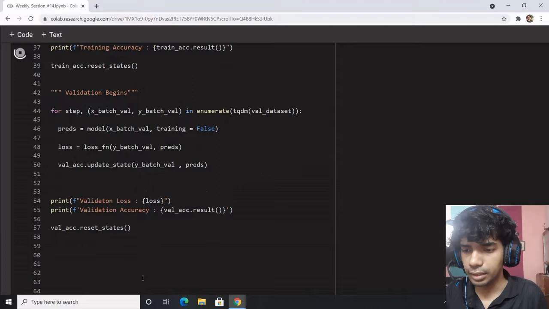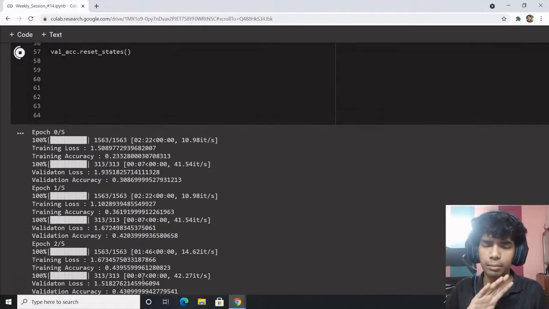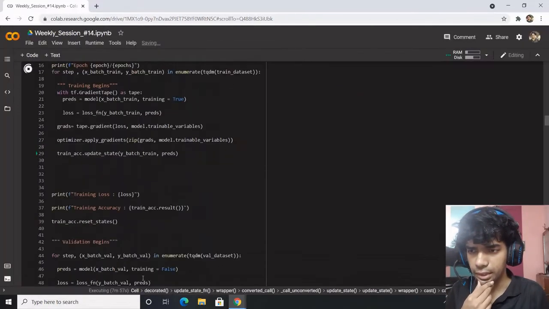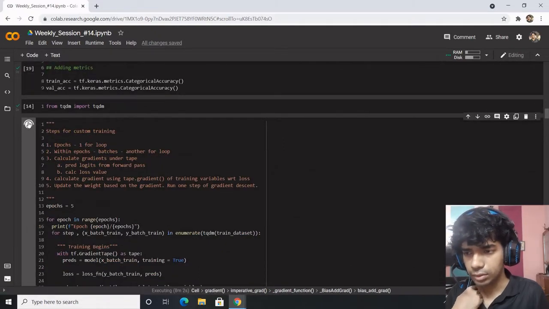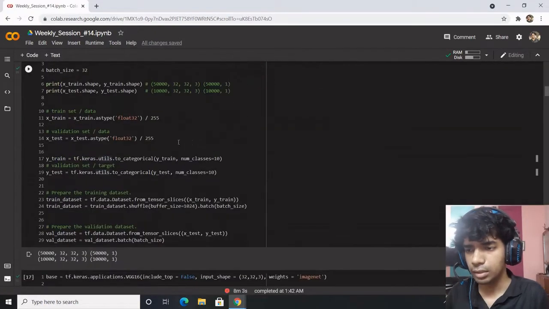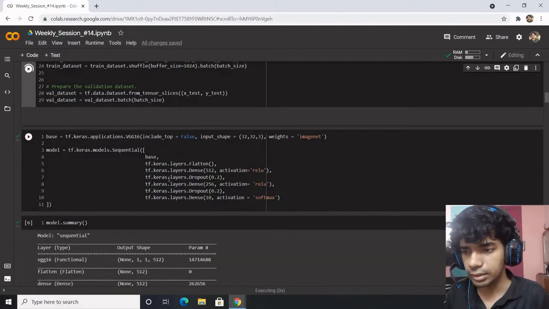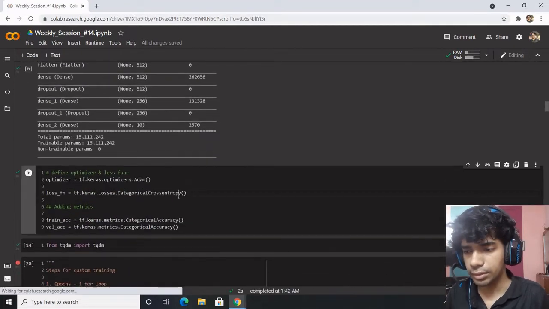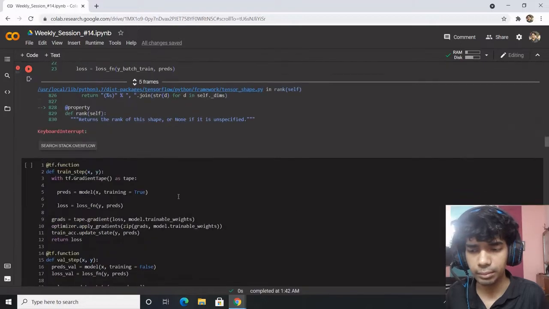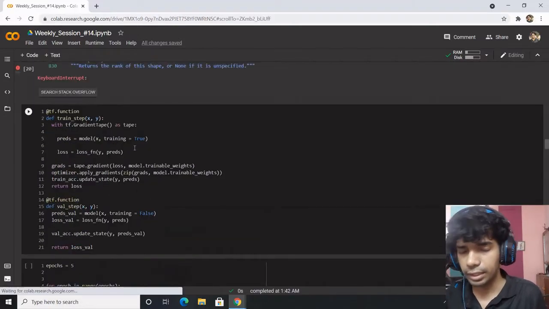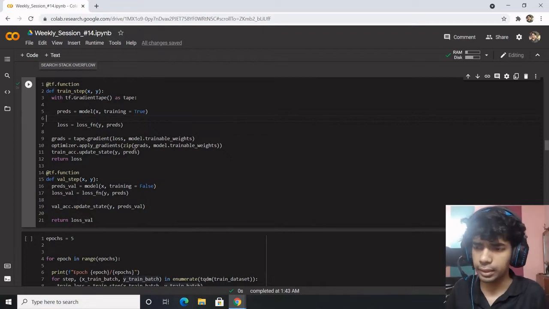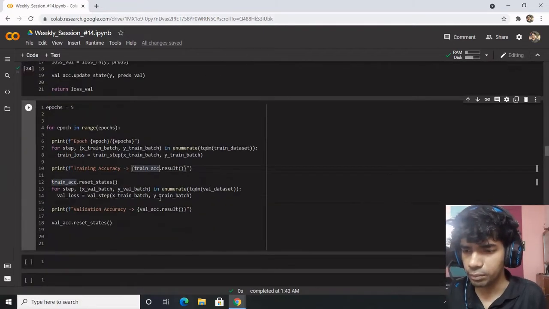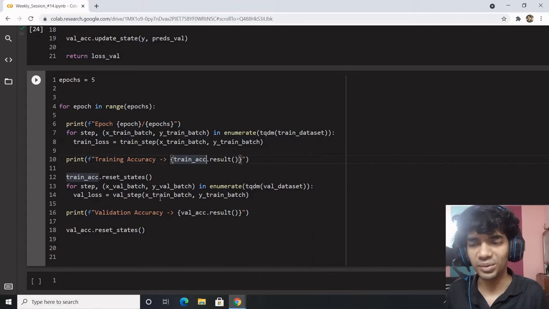Just don't mind the training, just mind the process. We are not building models, we are trying to understand what training accuracy actually is and how custom training happens. So far so good. Let's reinitiate all the metrics, and now we are doing the ultimate wrap up. We'll be defining tf.function in a lower-level way, but this is the best way to deal.